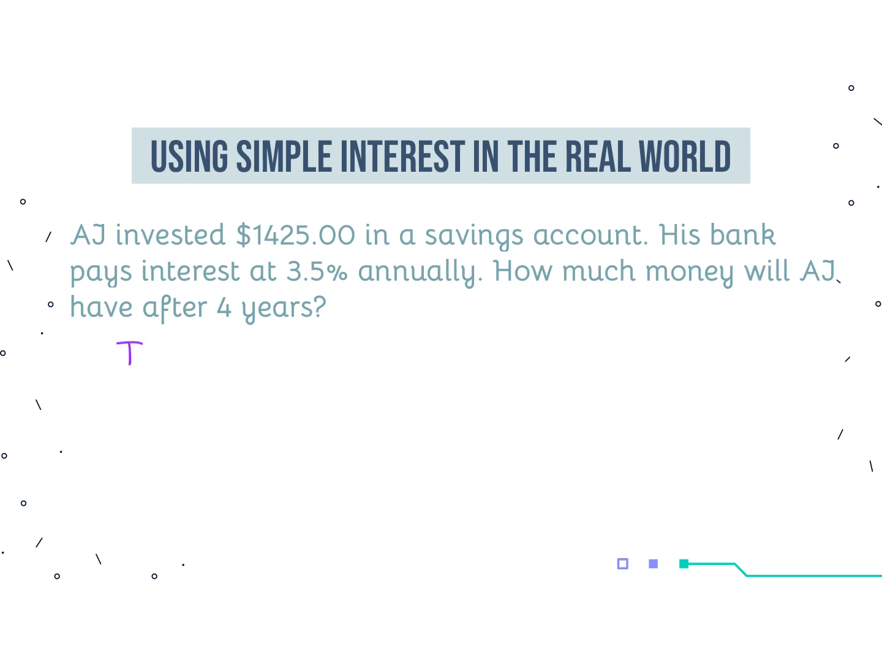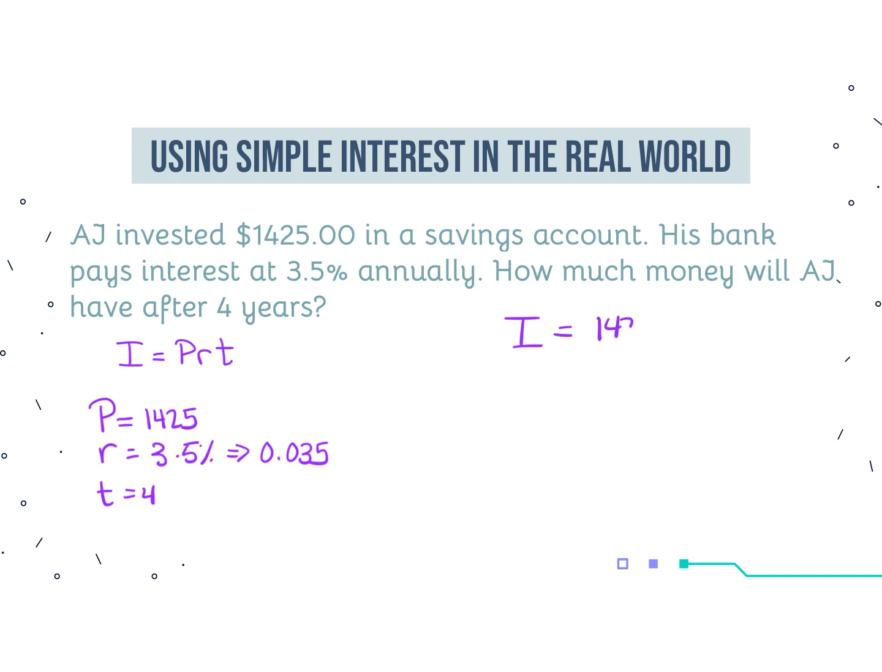So our formula is our interest amount is equal to our principal times the rate times the time. P, the principal amount, is $1,425. The rate is 3.5, which translates to 0.035, and our time is 4. So that means the interest amount is equal to 1,425 times 0.035 times 4. When you do that, you get an interest amount of